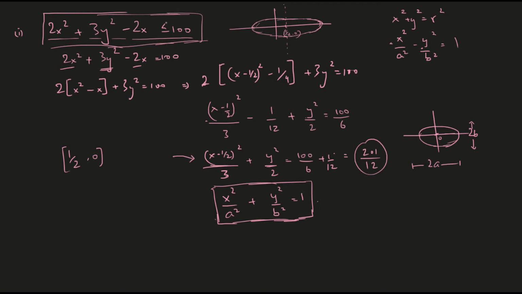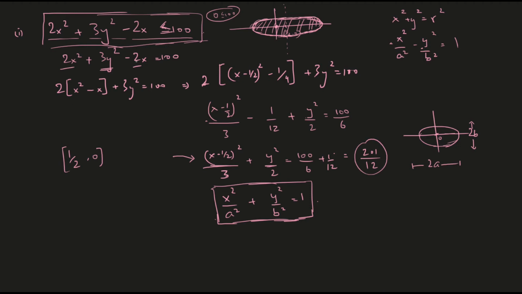Okay, and also we have an inequality sign here. So we need to figure out if the enclosed region inside the ellipse is what supports the given inequality. So I'm just going to substitute the origin 0, comma 0 in this inequality, and it does satisfy it. We'll get 0 is less than or equal to 100. So this origin does satisfy this inequality, and so will all the points inside this ellipse. Of course, the boundary of the ellipse also satisfies it, because that is when this equality would hold. So our given constraint is this ellipse and the region inside it.